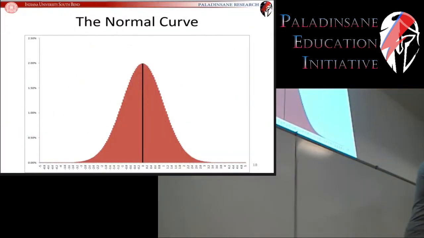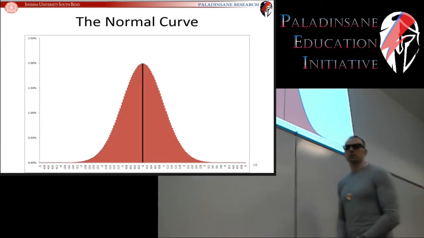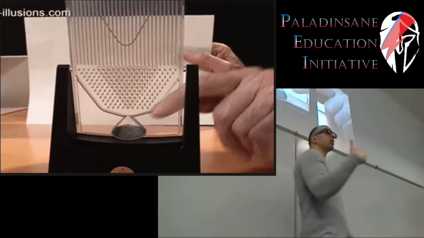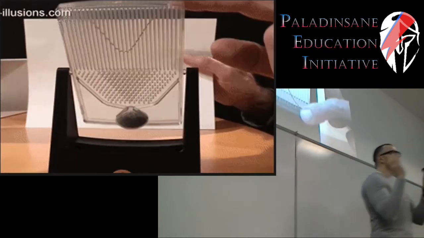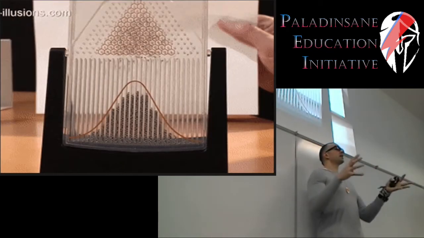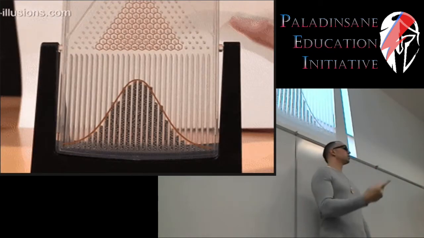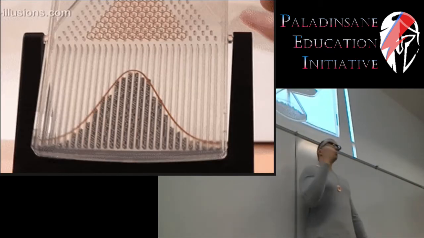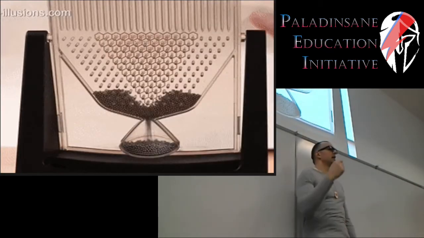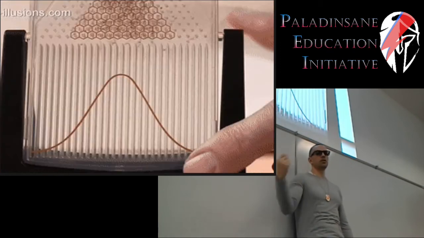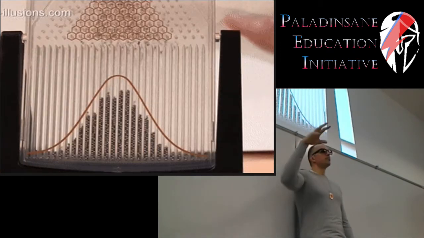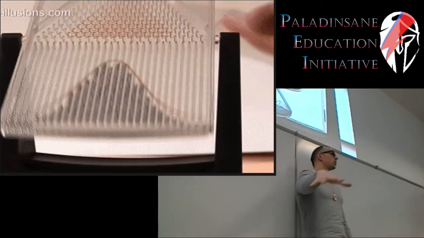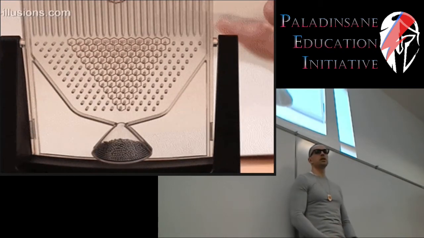All right, so once again, normal curve, this is where we're at right now. Just a real quick recap. The normal curve is what happens when multiple independent factors combine to give you a single score. That happens so often in psychology, so often in human behavior and human cognition, that the normal curve is a very useful curve, especially